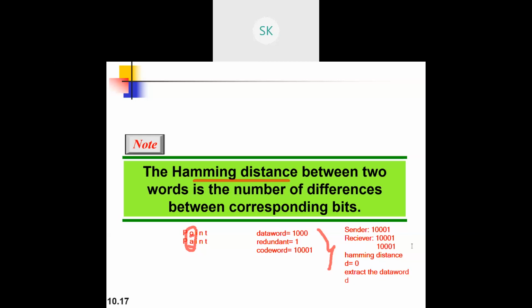If D is not equal to 0, or in other words, if it is greater than 0, then the data word should be discarded.